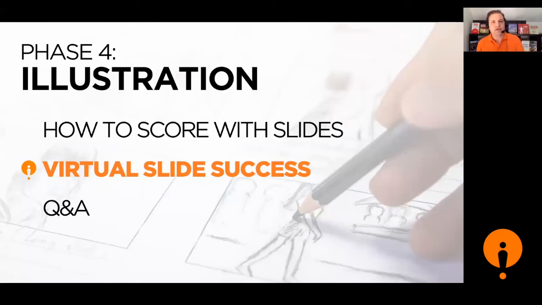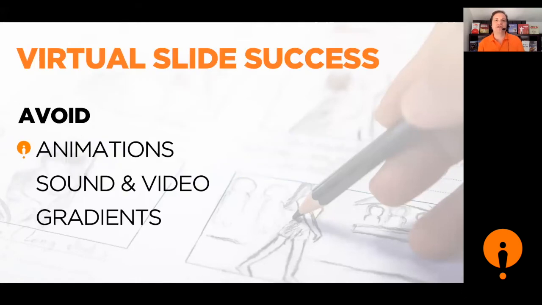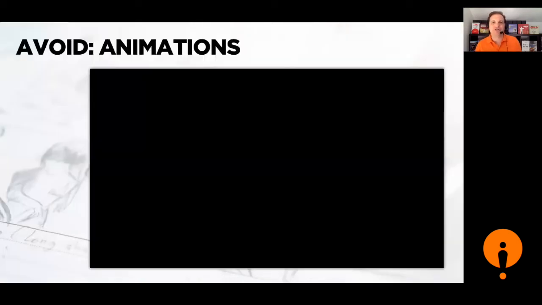So what do we do in terms of things to avoid? There are 3 things I usually recommend we avoid in online presentations. The first one is animations. Why avoid animations? Well, animations can be great in live presentations. They can be really interesting in some cases. Now, you don't want to be having things bounce around, like here's a new bullet point. That's not really something that you want to be doing. It doesn't make you look very serious.